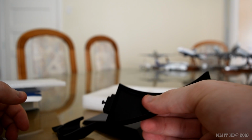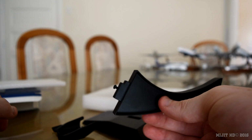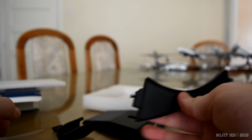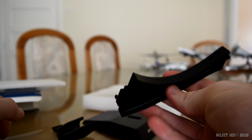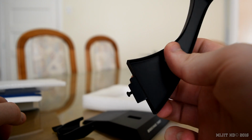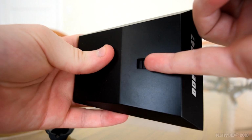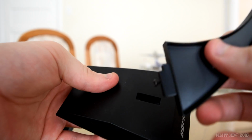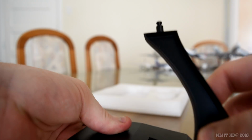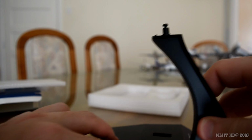I'm not going to take the screws out right now because it's going to be quite difficult work, because the screws are slightly tight inside the thread. But that would sit on there because it's got these little bumps. So make sure you line that up correctly with what's inside. You can see that little step. That's the step there, so that lines up there. So that's how it would sit there, like that. And so therefore you know how to put the next bit on. So once it's up there like that,